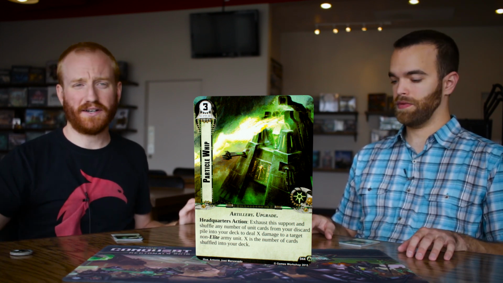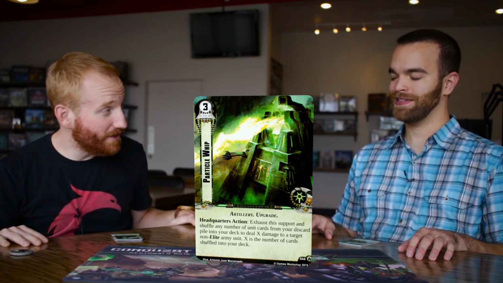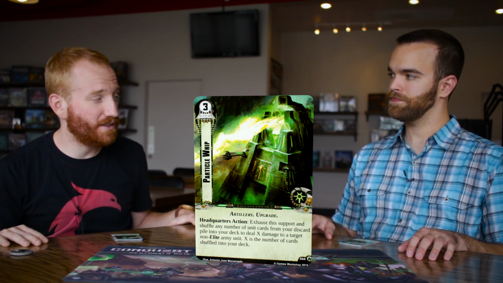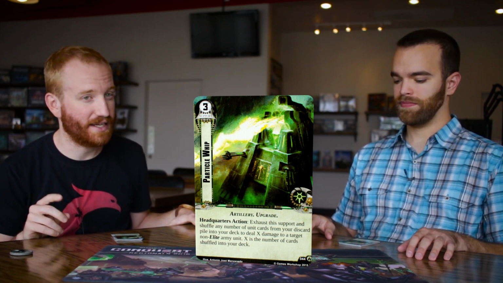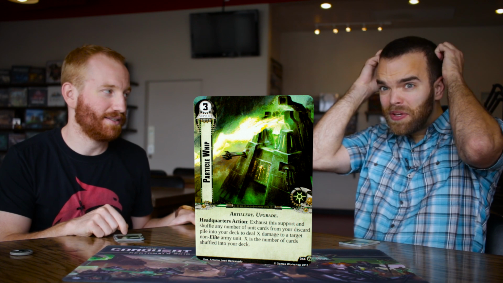So you're discarding 5 to 6 units every turn. Nothing but units and Resurrection Orbs. And then it's seriously like you're taking out 1 to 2 units every turn with these Gauss Flares. I think that could be a very serious deck. This card could be a big...